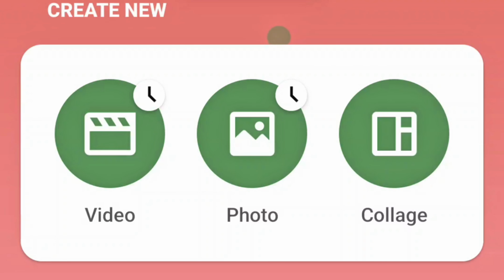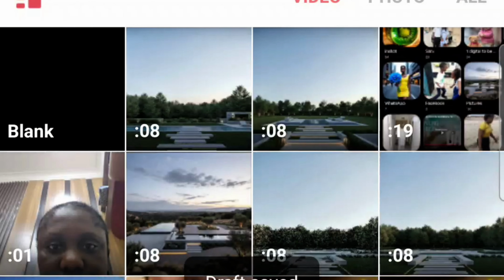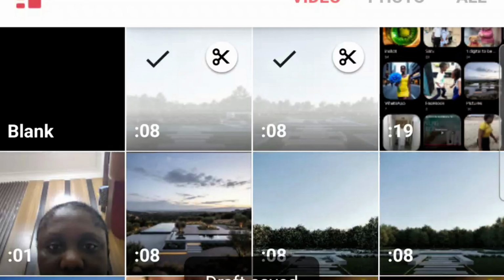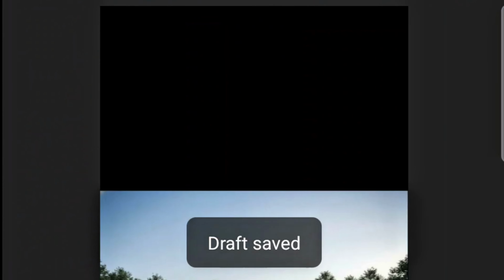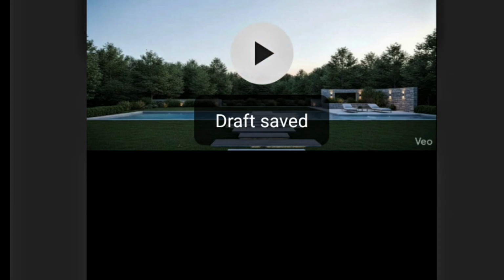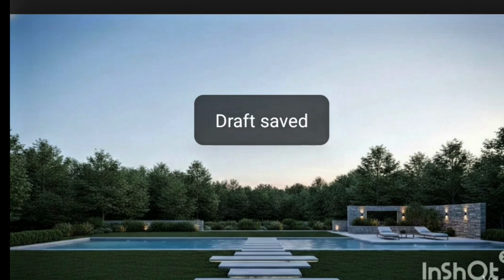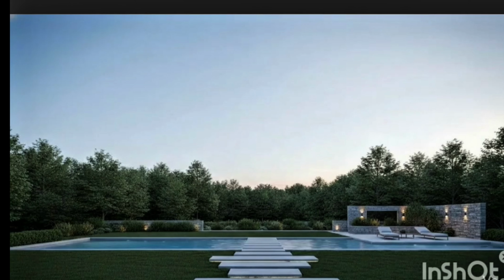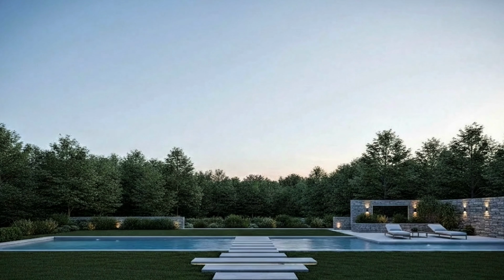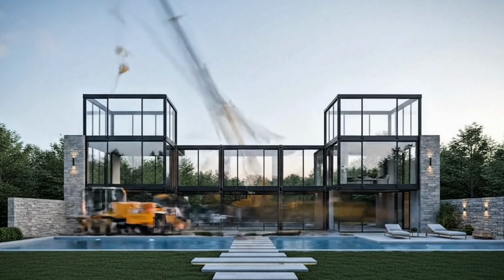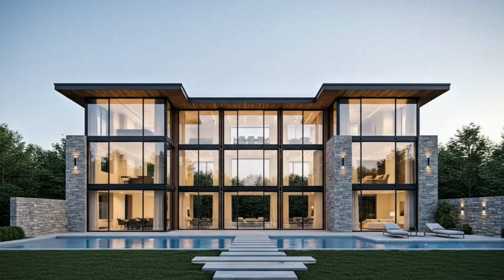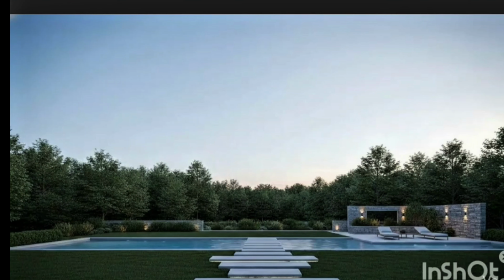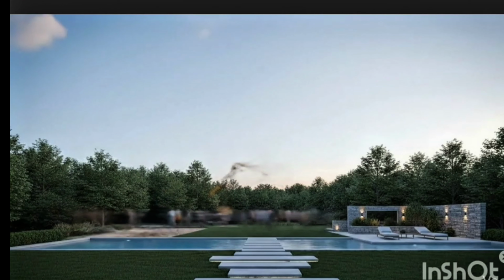So when your videos are ready, you can go to any editing app of your choice, but I prefer to use InShot most of the time because InShot is free. So you're going to click on video, new project, and then you're going to go ahead to upload both videos. You can see. So you can adjust the aspect ratio, and then you can remove the watermark by watching a video. You can go ahead to remove your watermark, and then because our video has the Veo watermark, all you need to do to remove your watermark is select